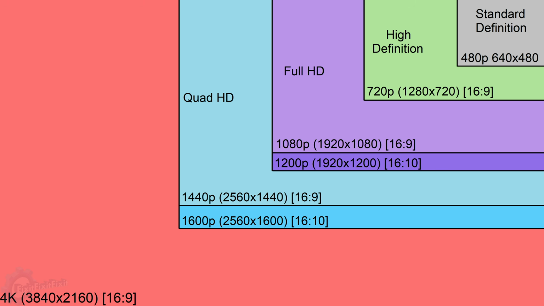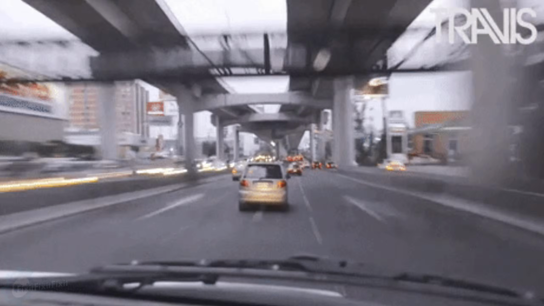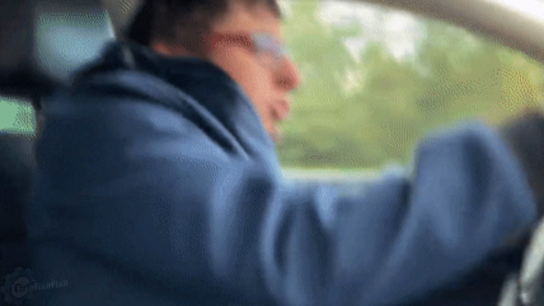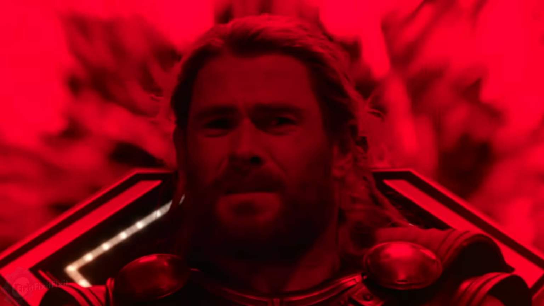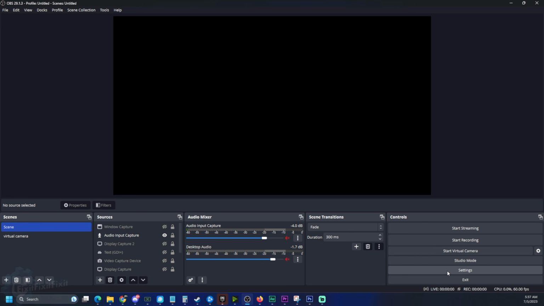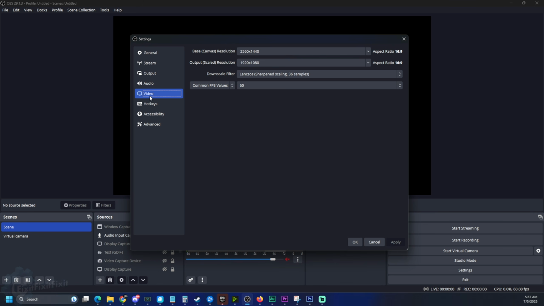If you're like me and play at 1440 or higher, then it's in your best interest to have OBS downscale your resolution. Unless, of course, your internet connection can support really high upload bit rates. If you can upload at 15,000 kilobits per second or higher, then you can probably leave it at 1440 or even 4K. To downscale your resolution, open OBS, click Settings, click on Video, and now select the second dropdown titled